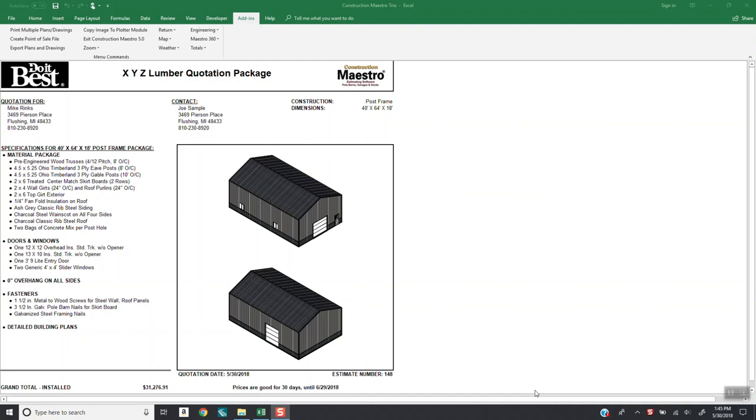Hi there. This video that we're about to do is a training video to show you a sampling of what you can do with the plotter module. The plotter module is an add-on for Construction Maestro. Currently, the price is $500 for the add-on, and you do need to have